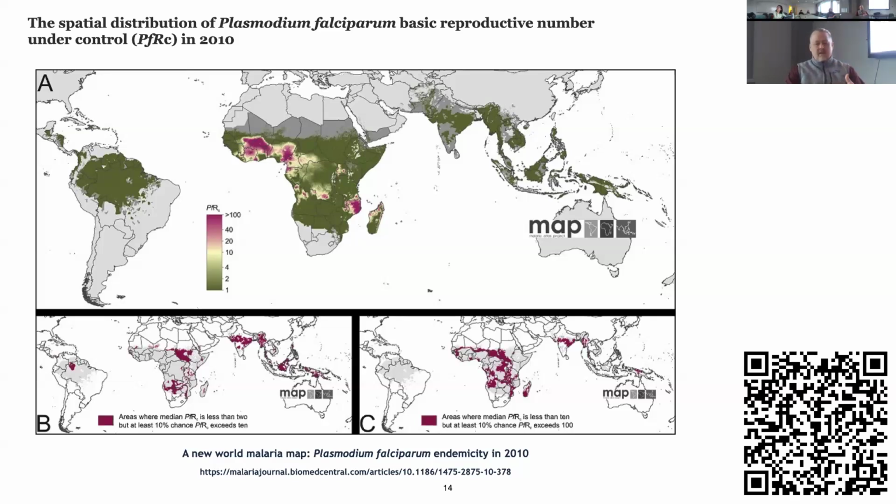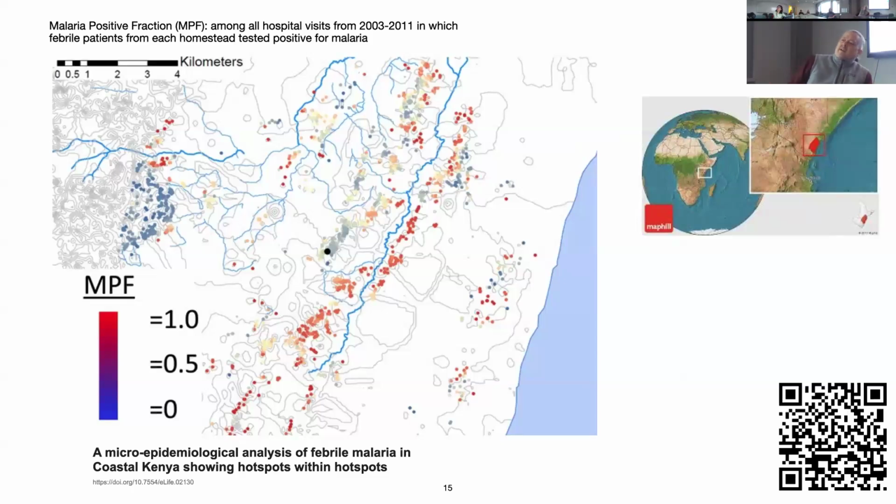So we've been doing this, and then we start looking at data at a very, very local level. I want to talk through this study in a bit because it's very interesting. This is a study on coastal Kenya. You can see from the maps, on the east coast of Africa, Kenya, we're going down to a place called Kilifi, where the Medical Research Center has a research facility, and they're doing intensive medical surveillance of the local population. They know every person, they've enumerated every person in every household.